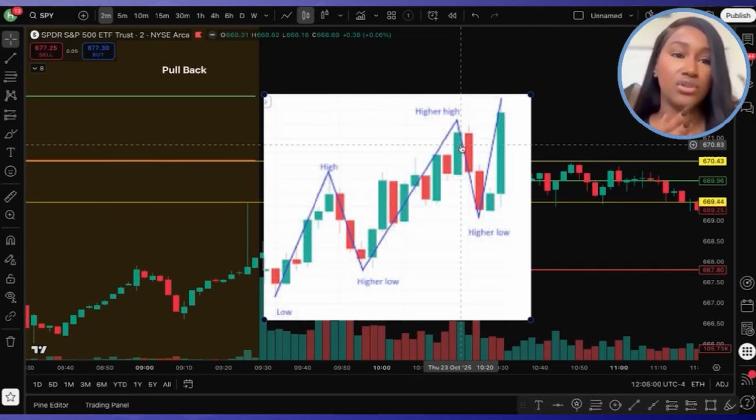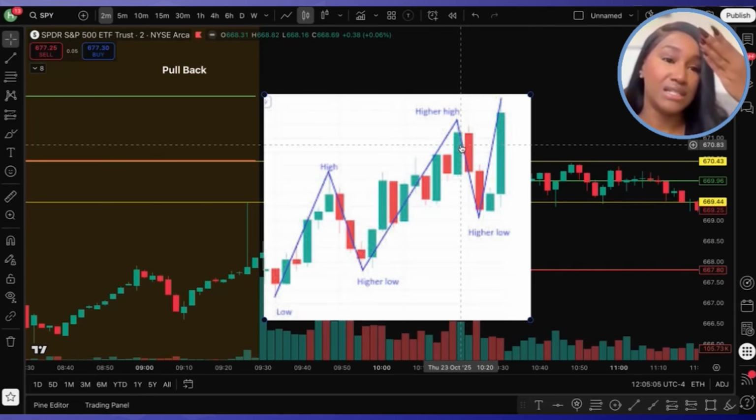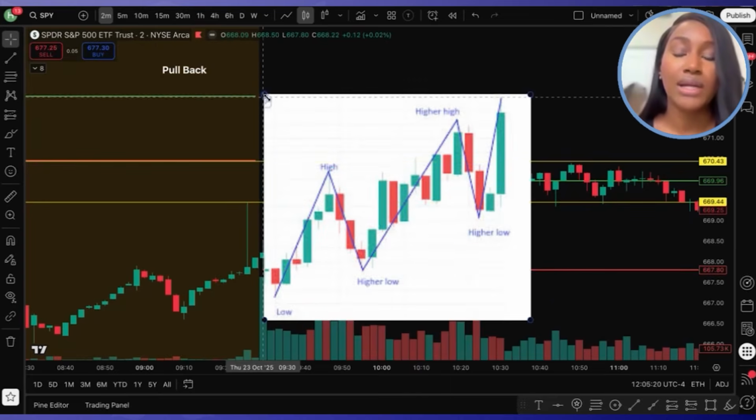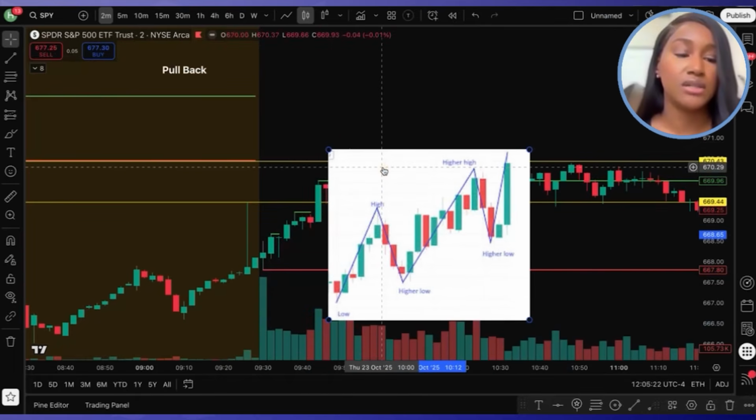If we have a downtrend happening and we get a pullback, price rises for a little bit, but then it's going to be able to continue in a downtrend. This pullback, the momentary shift in price action, is where you will be able to take advantage of getting into the trade. Okay, so now when it comes to this particular trade or this particular day in the market,